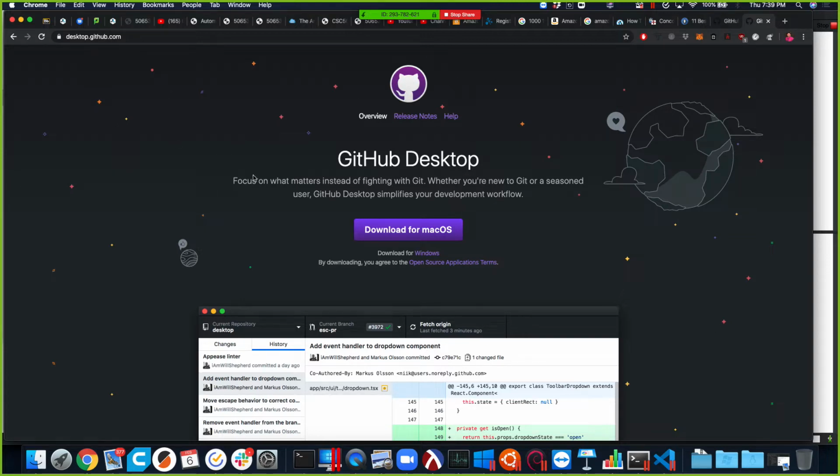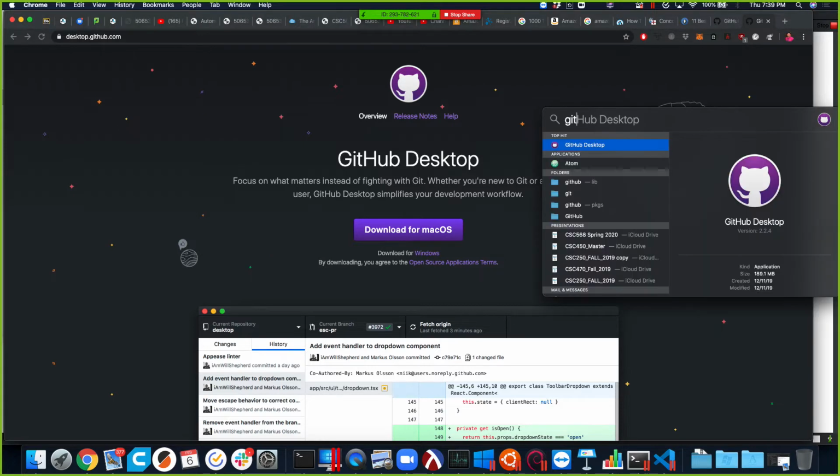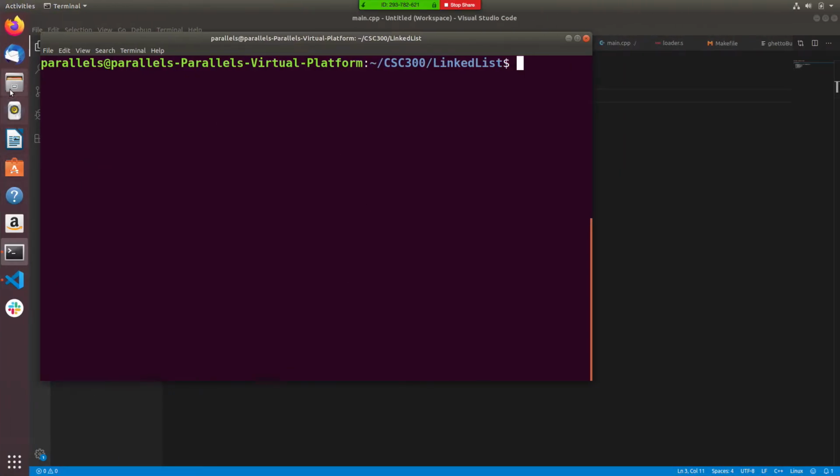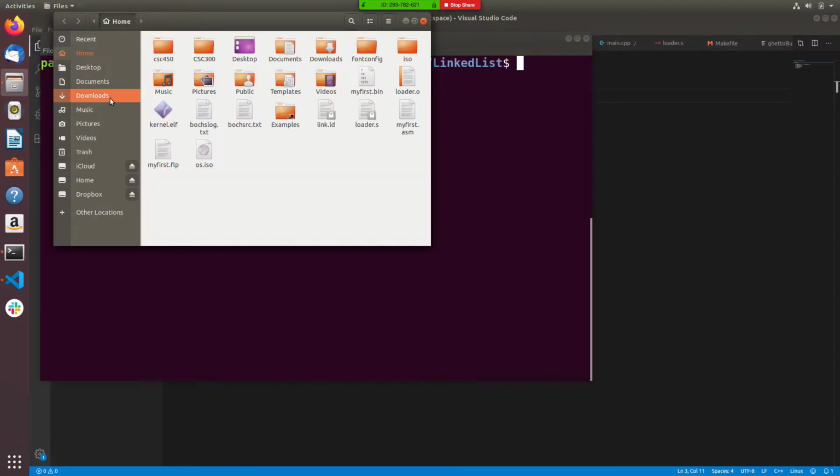All right, so in any case, download it for your system, and then you'll have something that looks like GitHub Desktop, like this. And what I'm going to do real quick, I'm going to